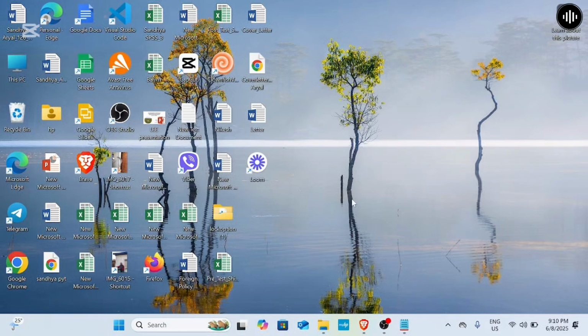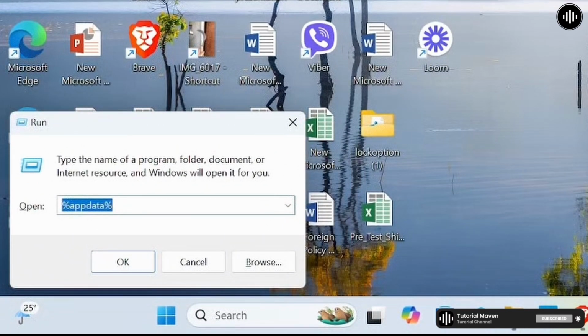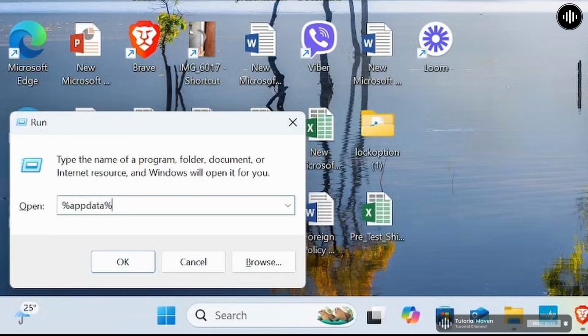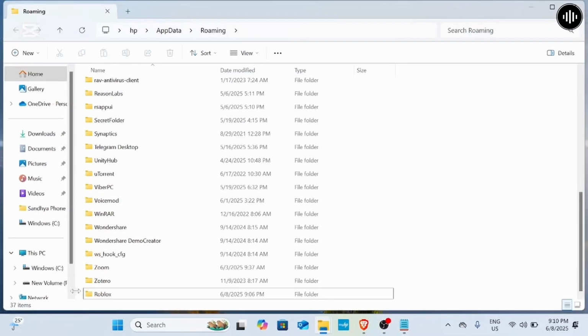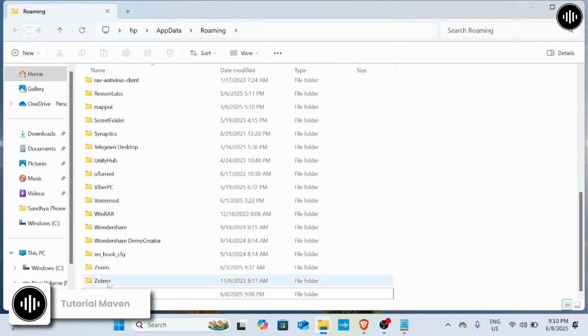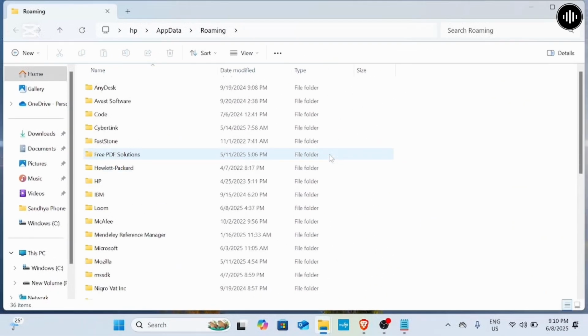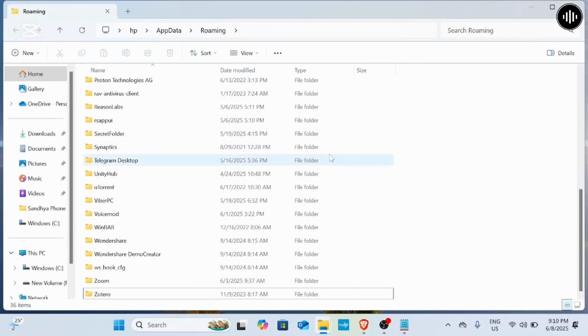First, you need to go ahead and press Windows and R in order to open the Run dialog box. From here, you need to go ahead and type %appdata% and then click on OK. Now that you're here, you need to go ahead and find the Roblox folder. Once you find the Roblox folder, you need to right click on it and then delete the folder. And I hope this might help you solve the issue, but if that does not, we'll head over to